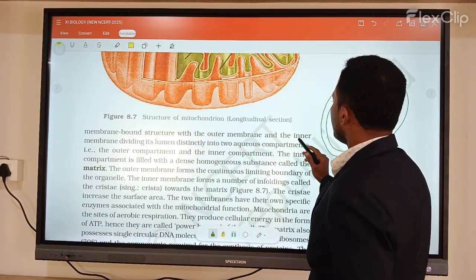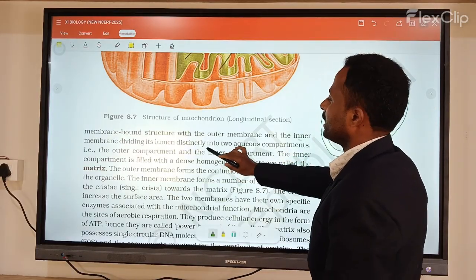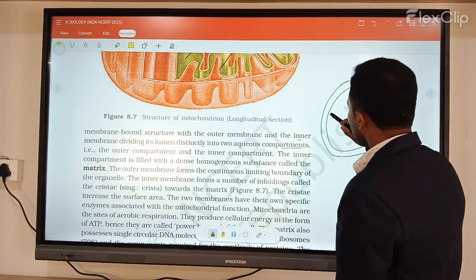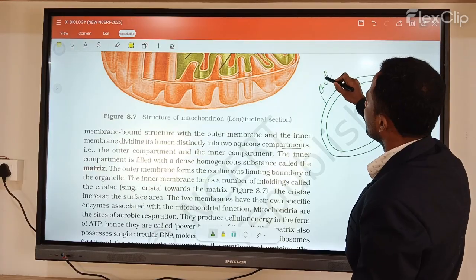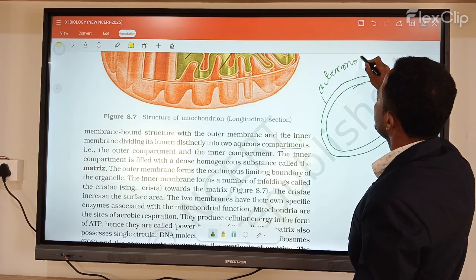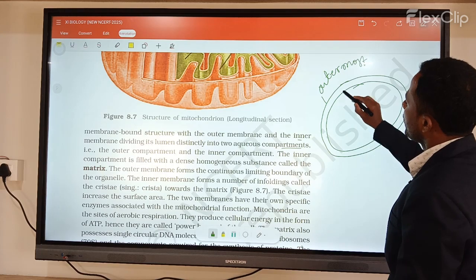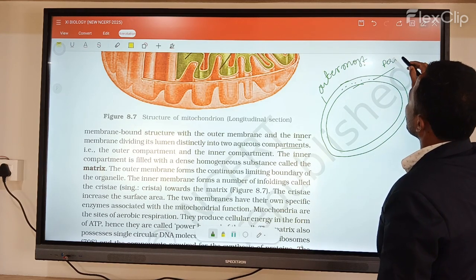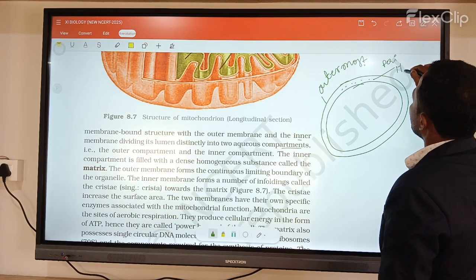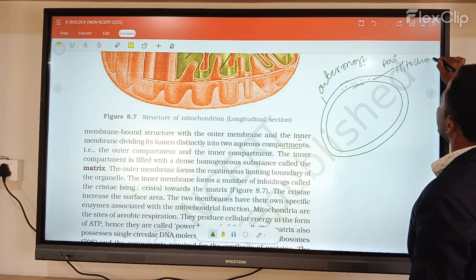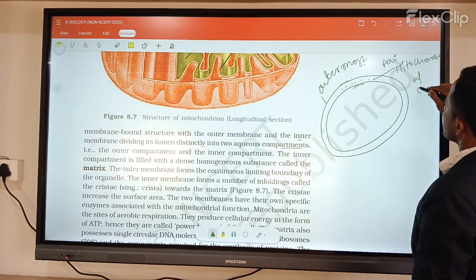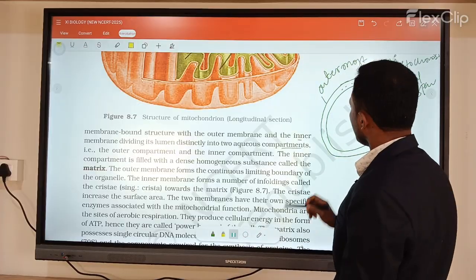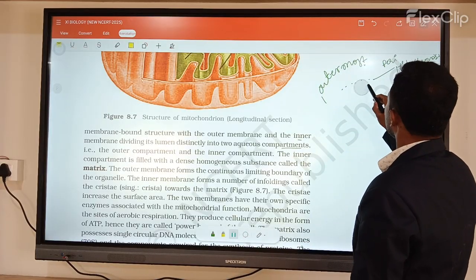Now, the outer membrane and inner membrane divide the organelle into two distinct aqueous compartments. Here is the outermost layer, and between these two layers there is a fluid present. This fluid is called the perimitochondrial space. Now, basically the inner membrane